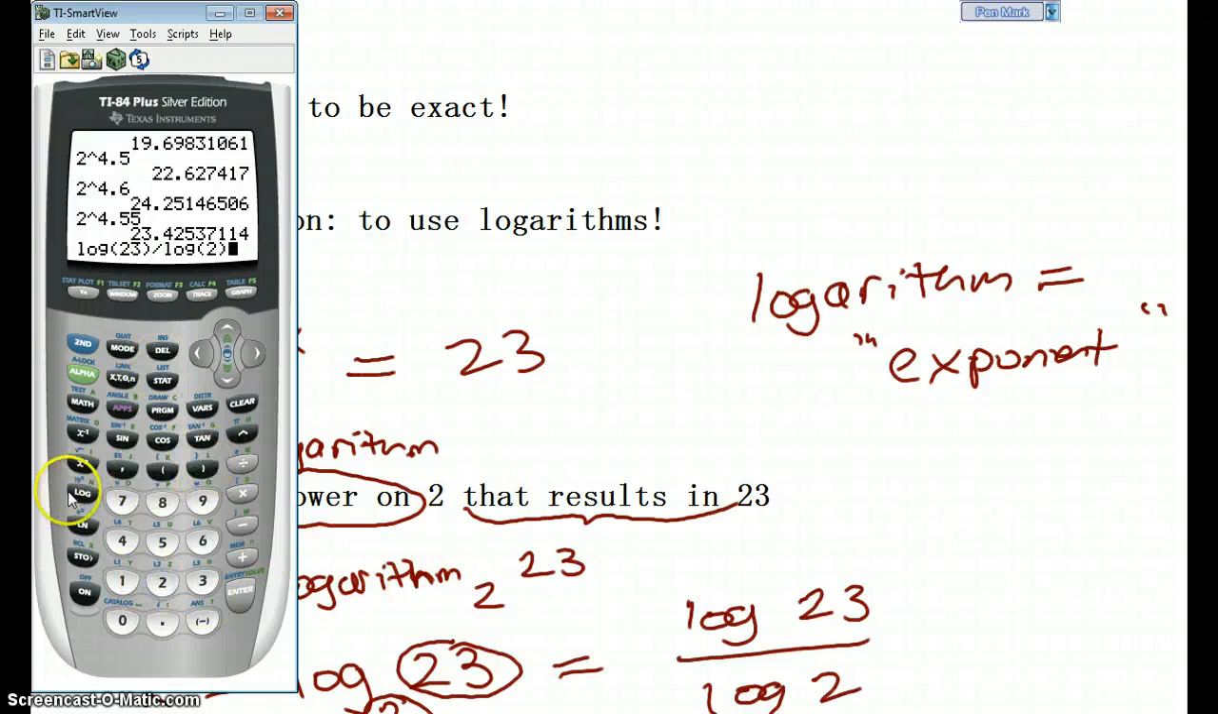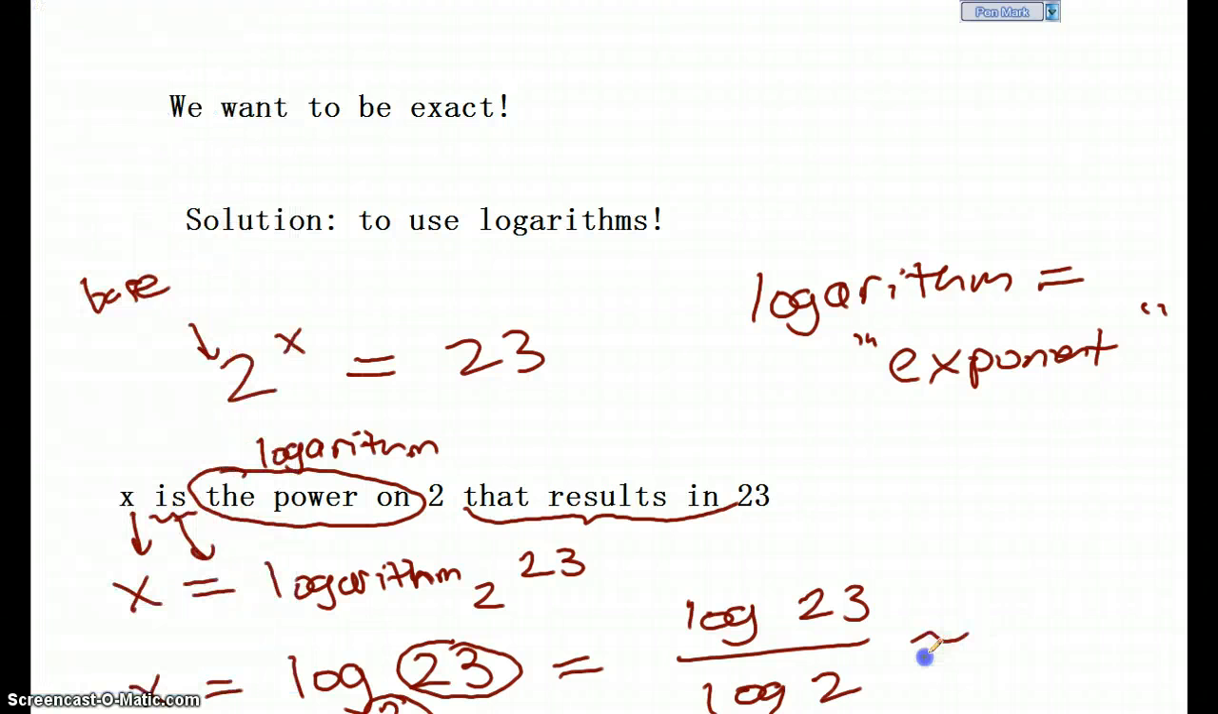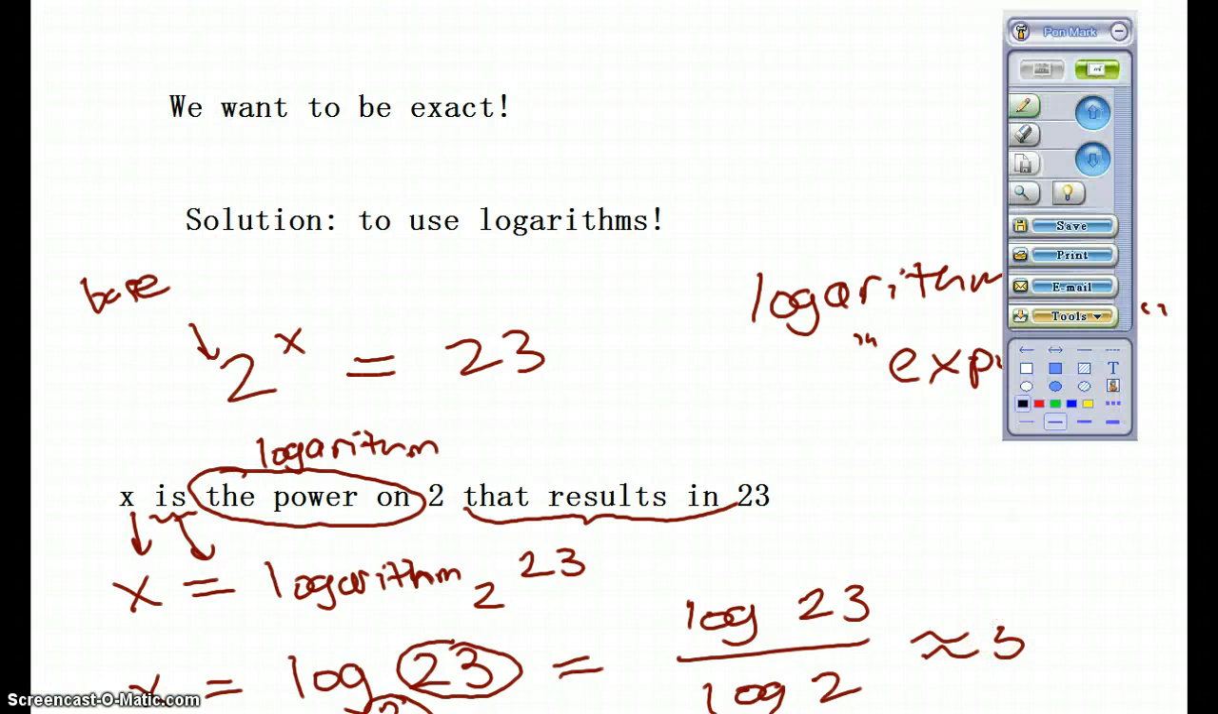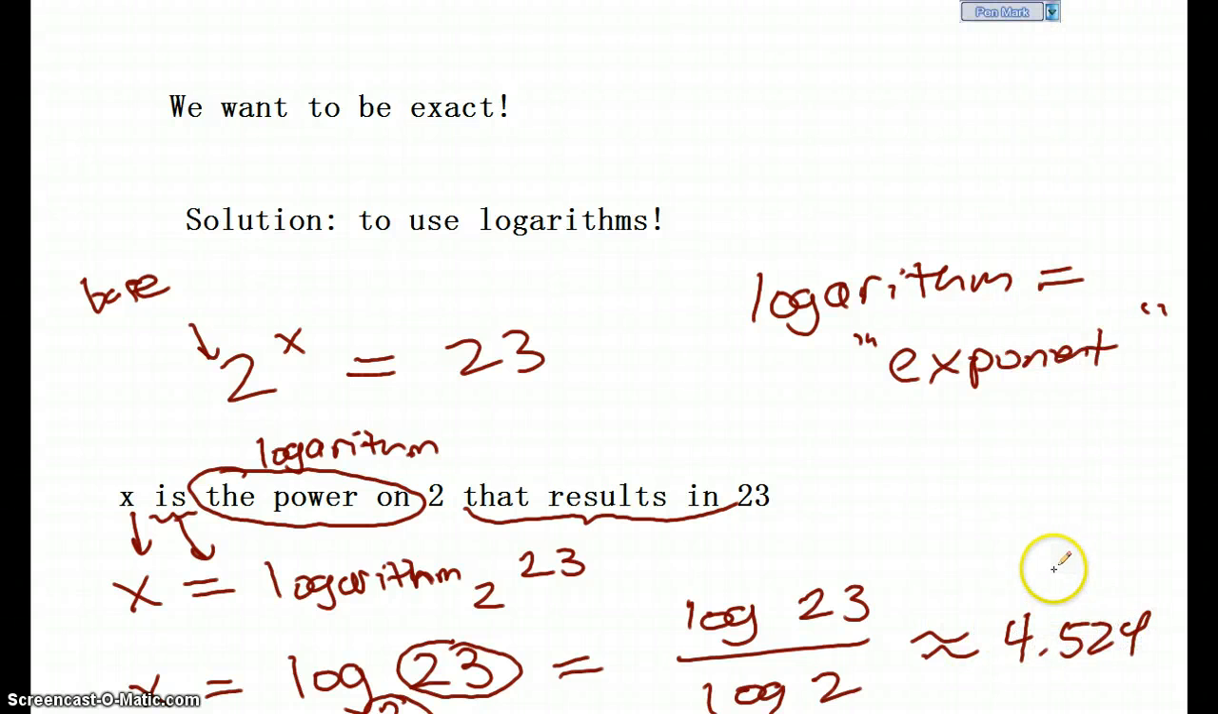So it's the log button. And that gives me about 4.524. So what does this mean? I've just determined